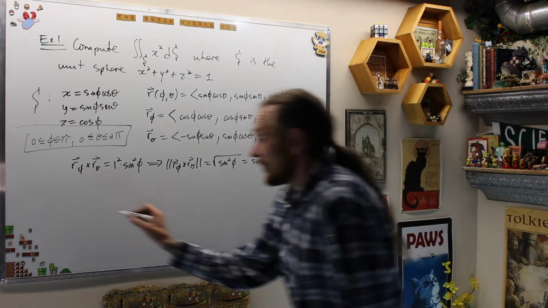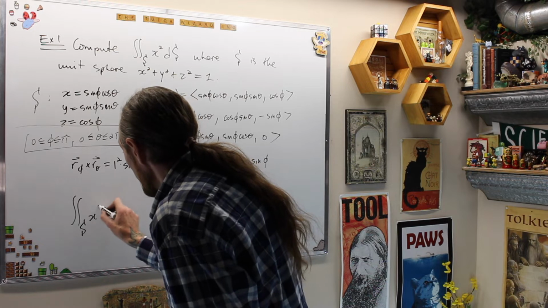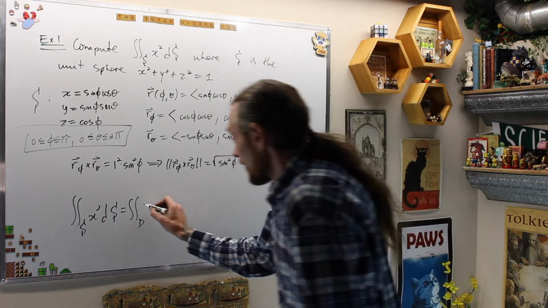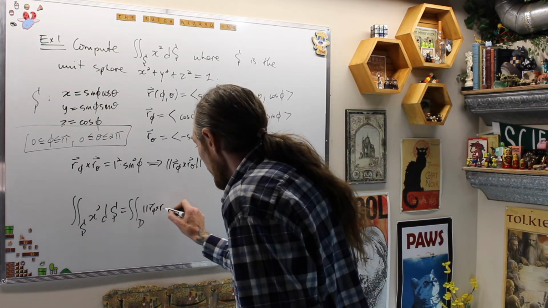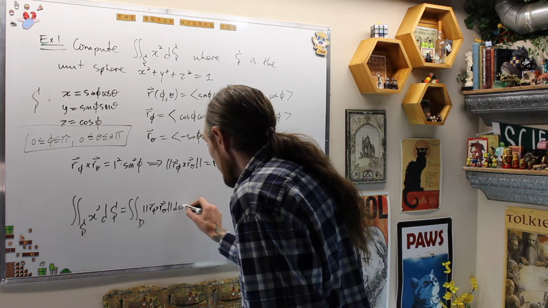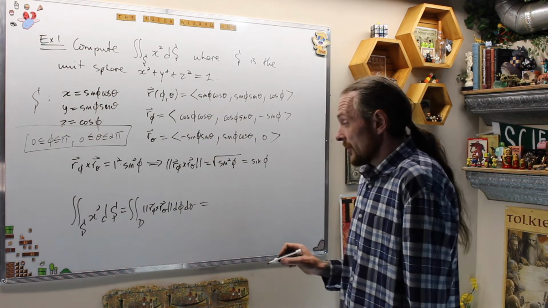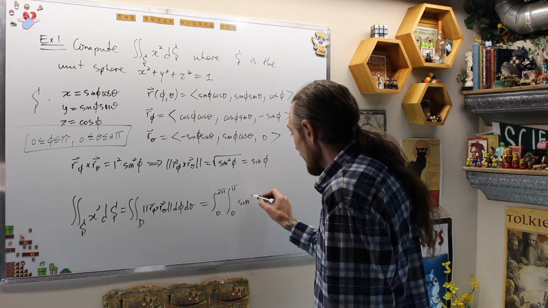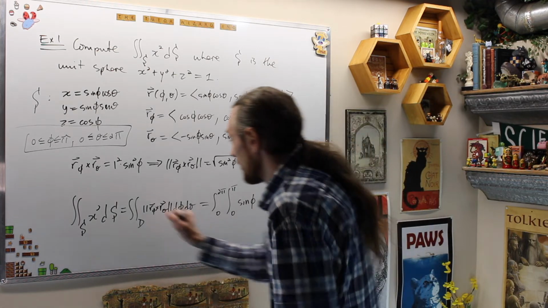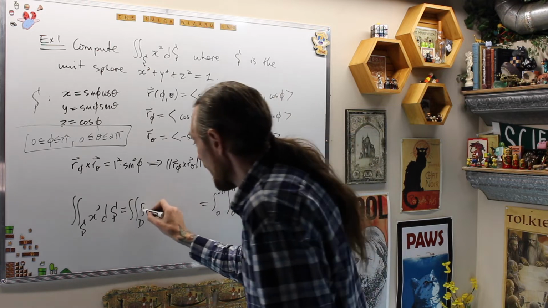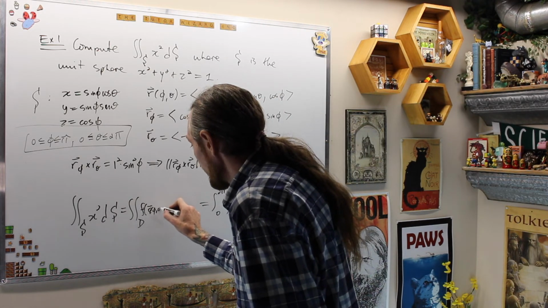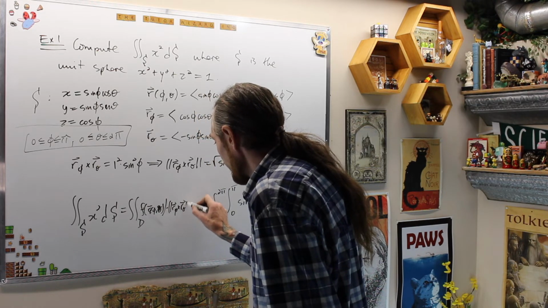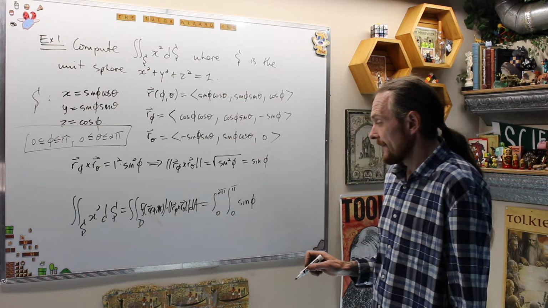That gives me the surface integral of x squared dS is equal to the double integral over the region D of the norm of r phi cross r theta d phi d theta, which is equal to the integral from 0 to 2 pi, the integral from 0 to pi of sine phi, oh, I forgot my function in there, f of r of phi theta times the norm of r phi cross r theta dA, which is equal to